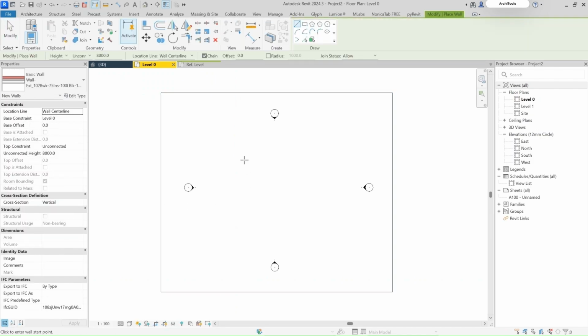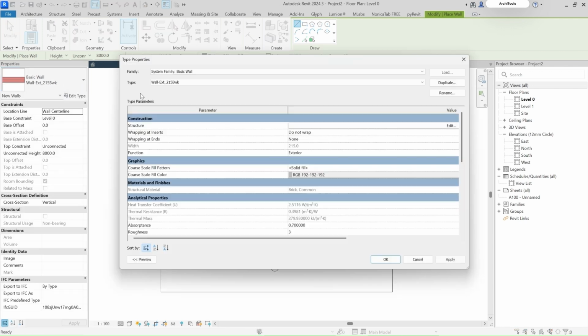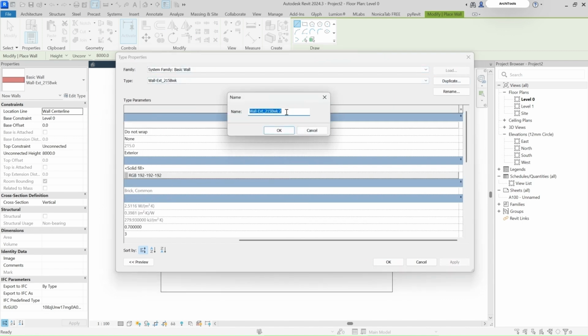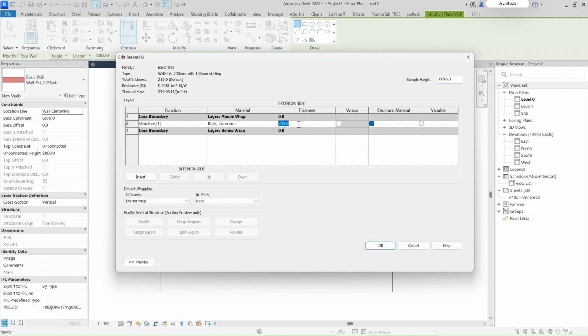Now we can create our wall. So we'll just go with a very basic wall with no finishes and try to duplicate it. So I'll keep my wall thickness as 230 mm and name this with 100 mm skirting. Let's go to the edit. First of all, I'll keep this structure as 230 mm, and after this,